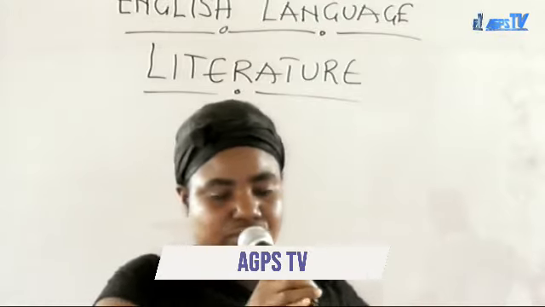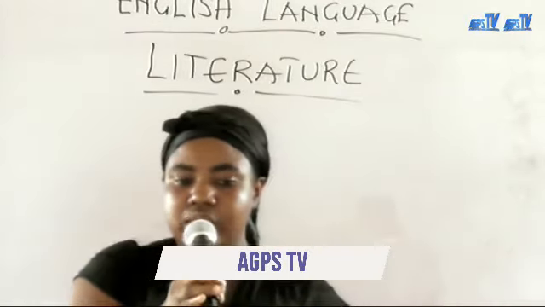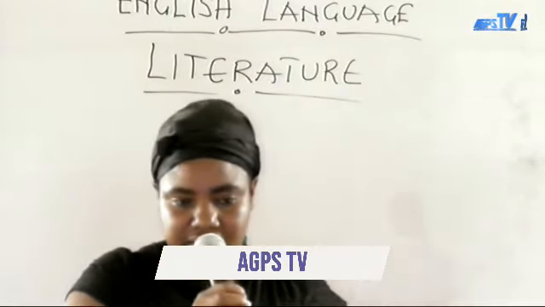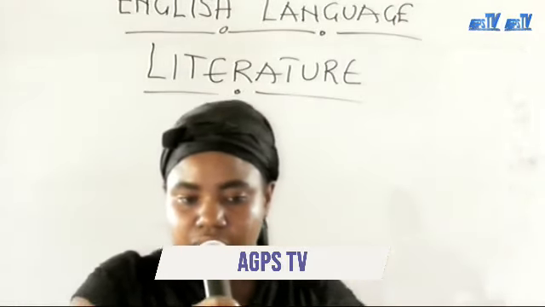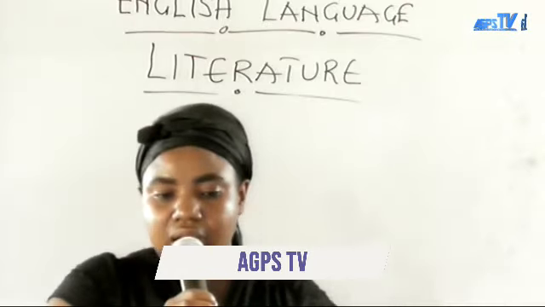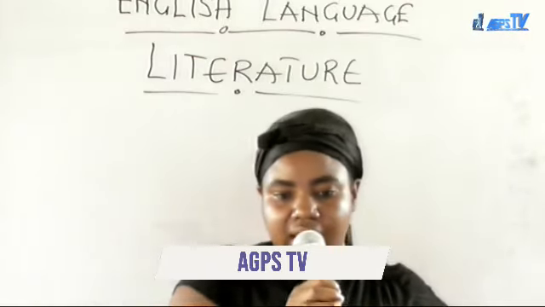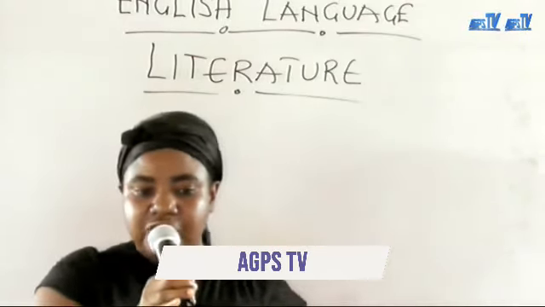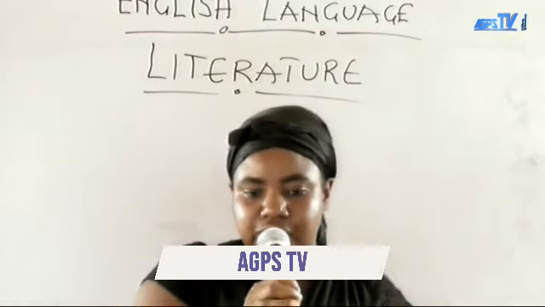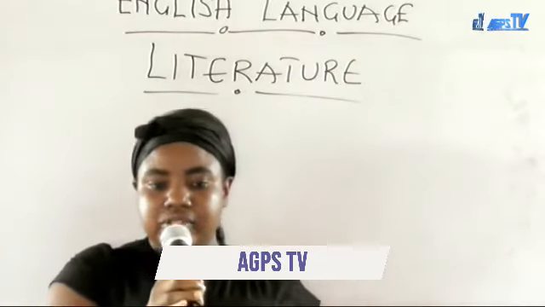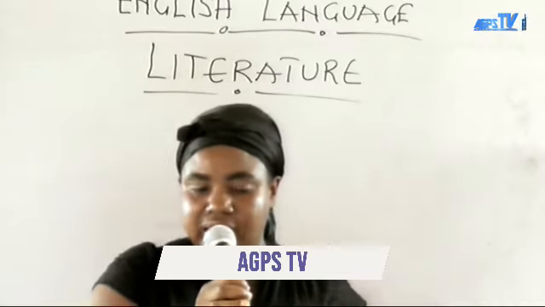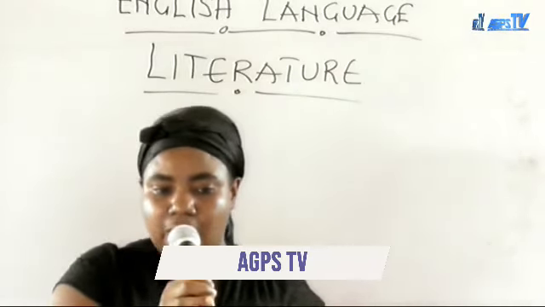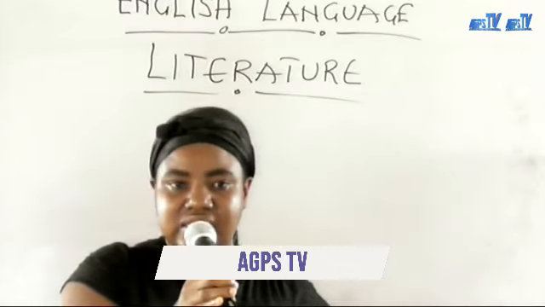So all this we say today, we are going to learn the literary devices. We have so many literary devices. We have the flashback, we have paradox, we have hyperbole, we have onomatopoeia, we have suspense, we have point of view, etc. But today, we will discuss actually four, and we will start with simile.